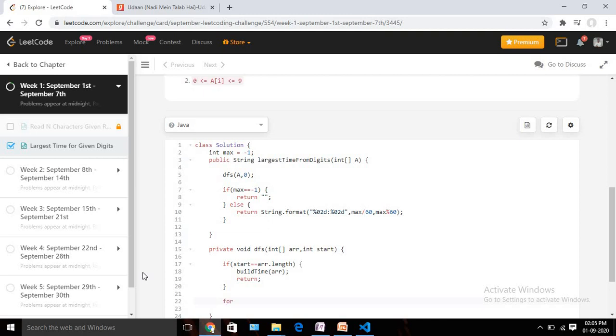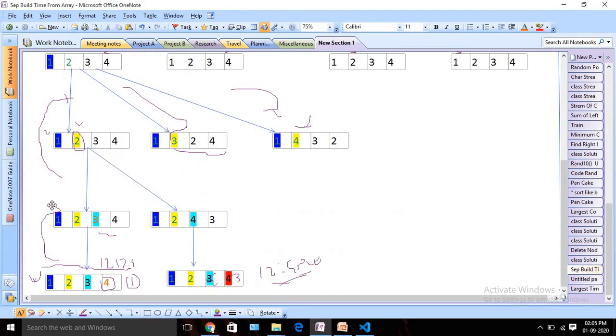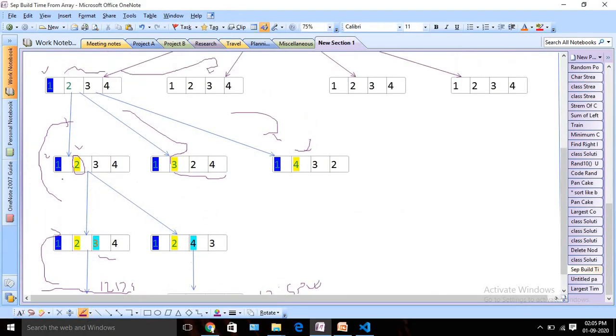So we are going to run a for loop, where i should be start, so whatever my start value is, we start from that. It should be i less than arr.length and i plus plus. Why are we starting from i equals start? Because we know that whenever my i value is incremented, this bit is fixed, so I will try to find combinations for the last 3 digits. That is why we start from i equal to start.